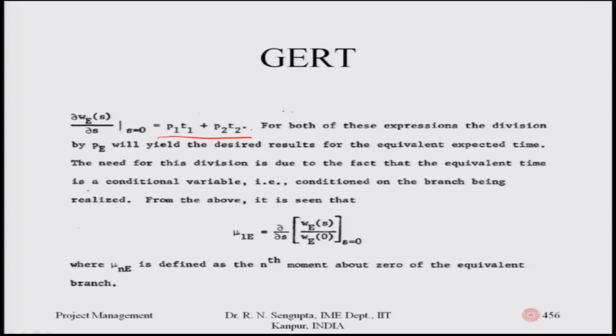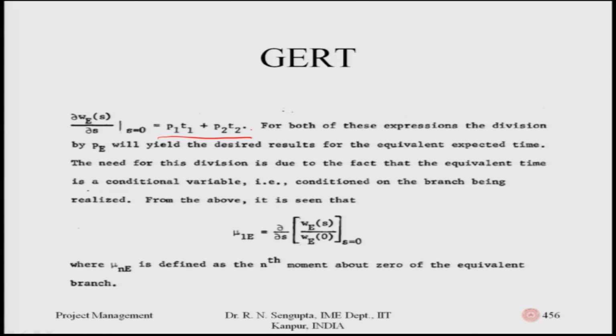The need for the division is due to the fact that the equivalent time is a conditional variable, that is, conditioned on the branch being realized. If it is not realized, obviously that value would not be coming. From the above, it is seen that the equivalent expected value would be, for the case when you want to